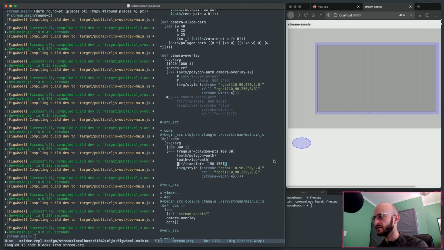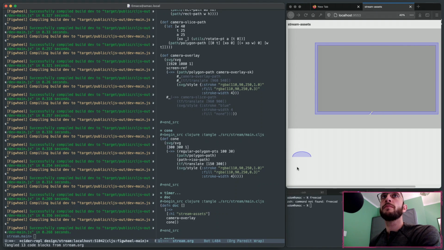That moves it to the exact center, and I can see that a little clearer if I do this. Now it's, yes, okay. Now things are coming together a little bit. So, in order for this to work,